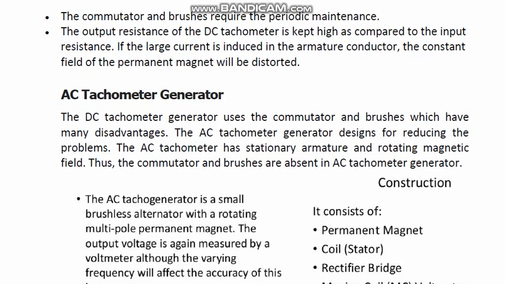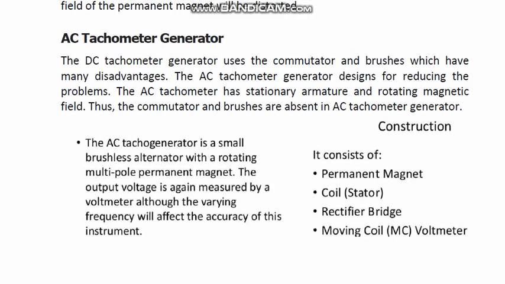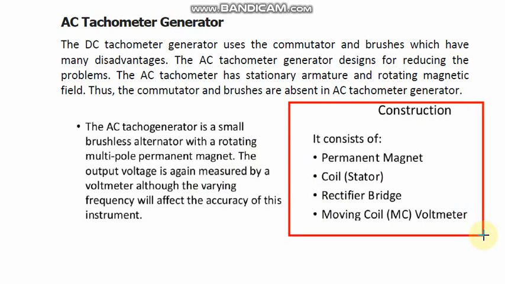Now, as the name indicates, AC generator means that there is a concept of AC voltage generation in this. Now, what is the construction? Here I am showing you. This AC tacho generator consists of a permanent magnet, second a coil which is in the stator, third a rectifier bridge, and fourth a moving coil